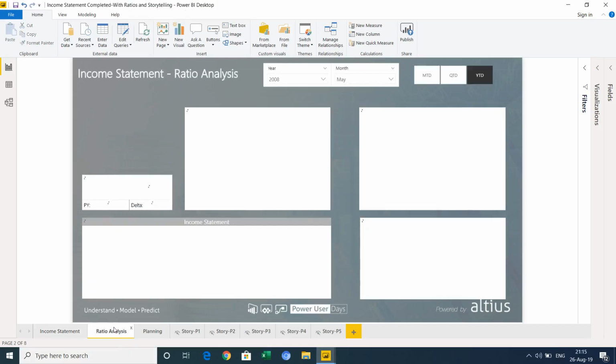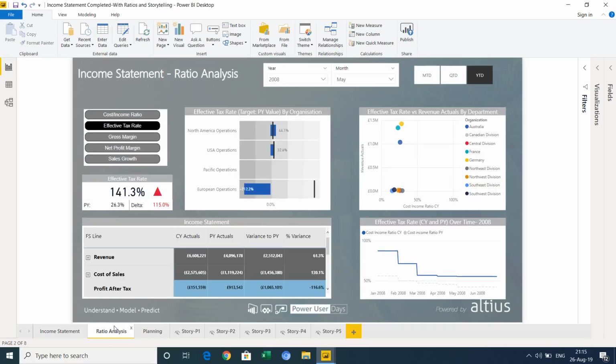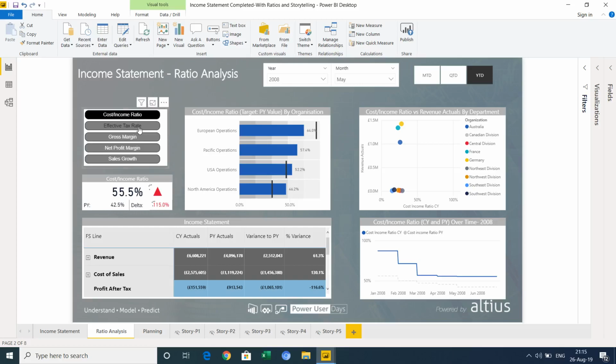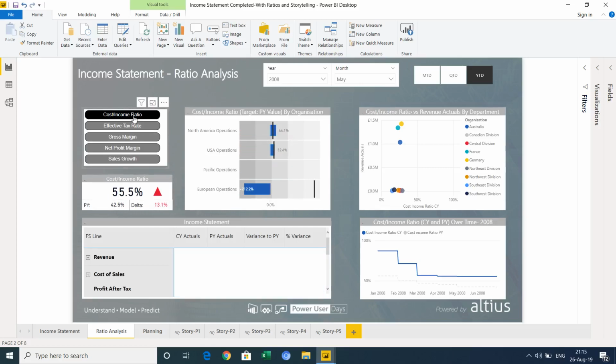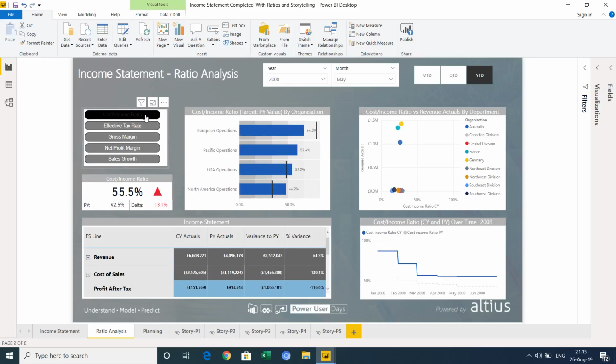We've also then go into a little bit more detail, provide again some of that more context for our data. So here we have focusing on particular sets of ratios. So again, we've got this idea of kind of dynamic measures. So we can look at a particular measure. So here we can look at cost income ratio, and we can see what it is this year, or this month, this quarter, compared to the previous period, and what that delta is. Or same period last year, and what that delta is.